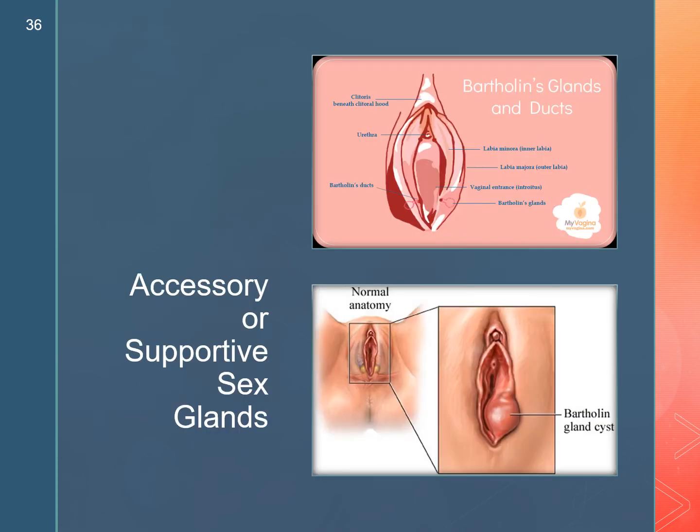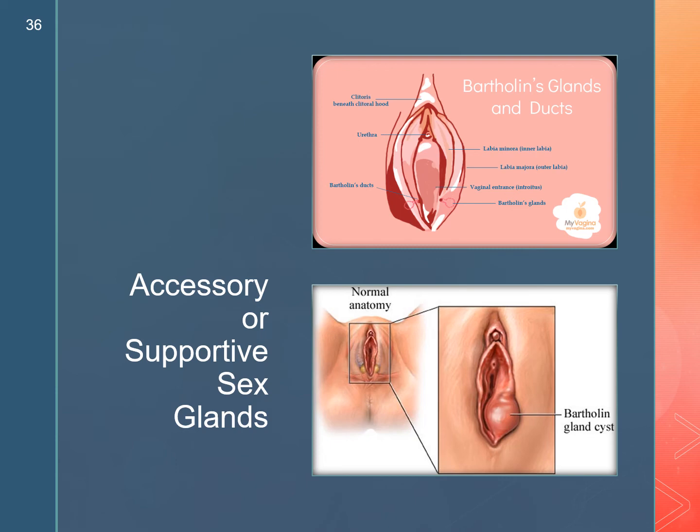There are 2 pairs of vestibular glands. The greater vestibular glands are referred to as the Bartholin's glands, and then the lesser vestibular glands are referred to as the Skene's glands. And the Skene's glands are likened to the male prostate, and so they're referred to as the female prostate. And so the Skene's glands, I don't think are shown in this image, no, but we do